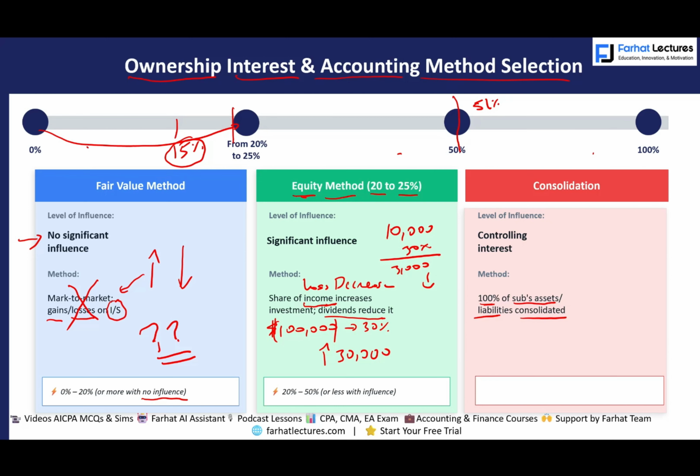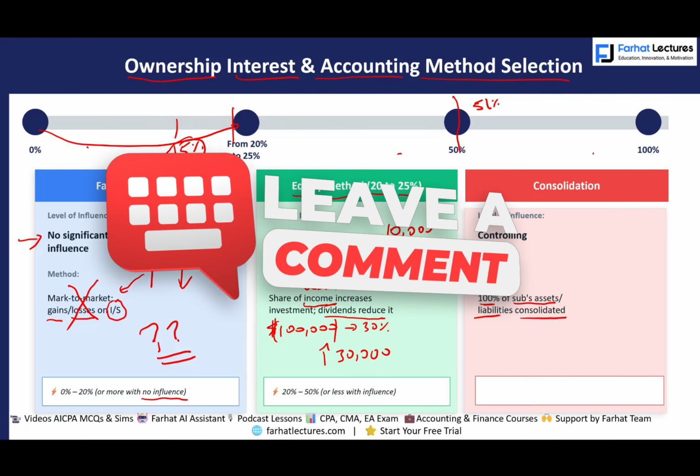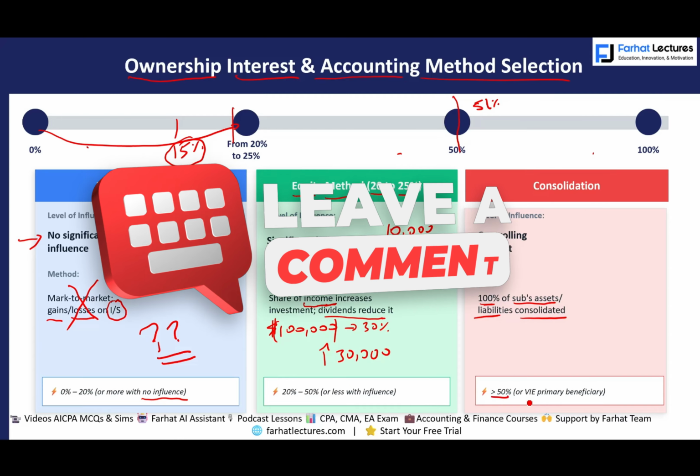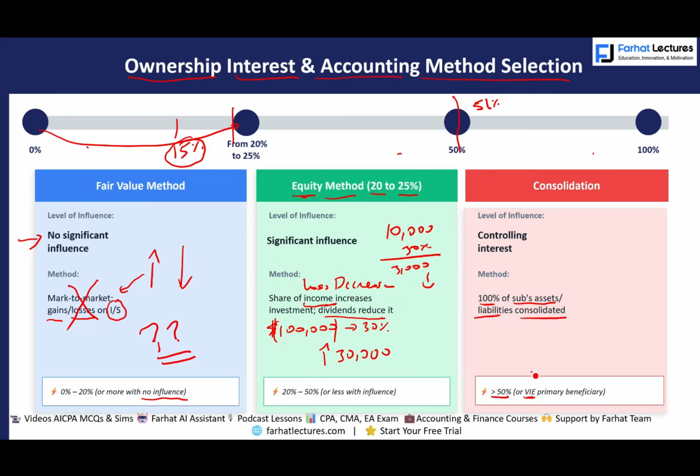later on. And this is a topic that we're going to have to cover much more in depth as we go along. And again, this lesson is specifically for CPA exam candidates. For accounting students, we have a whole course called Advanced Accounting. We'll talk about consolidation. But this is for CPA candidates. So more than 50% or variable interest entity. What's a variable interest entity? We'll talk about that later.